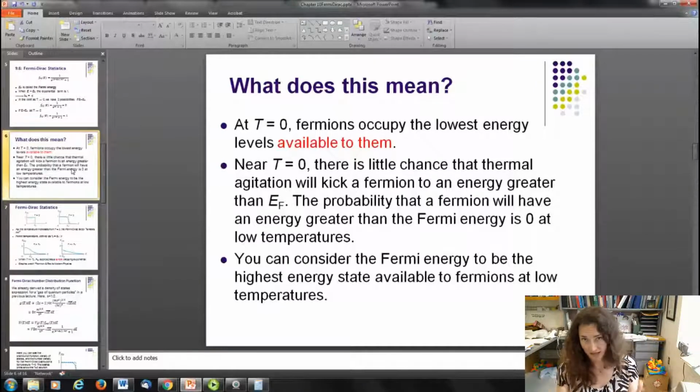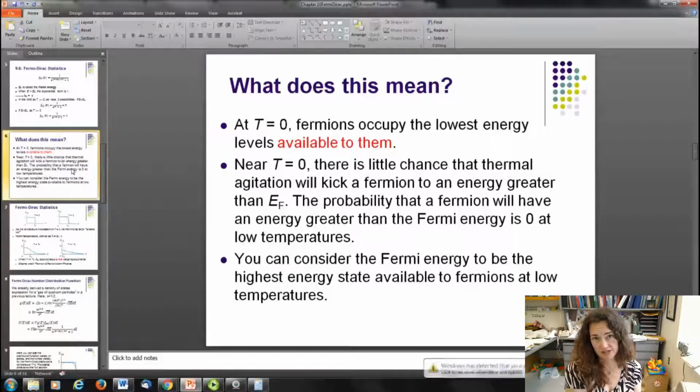Okay? That's it. If you've got T equal to 0, your thermal energy is practically 0, and everything must be in its lowest possible energy state. So near temperature equals 0, there's very little chance that thermal agitation is going to kick a fermion up to an energy greater than the Fermi energy. Your energy distribution function is only going to get rounded out slightly. So the probability that a fermion will have an energy greater than the Fermi energy is actually 0 at